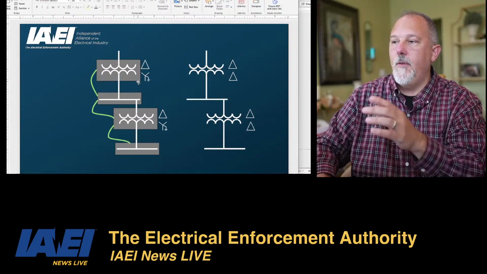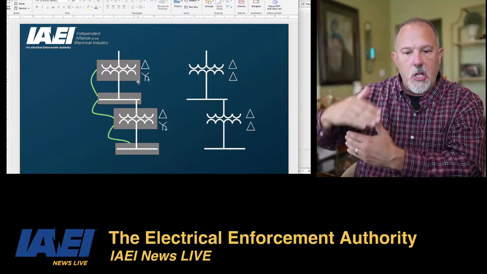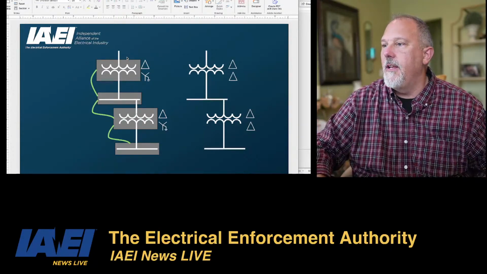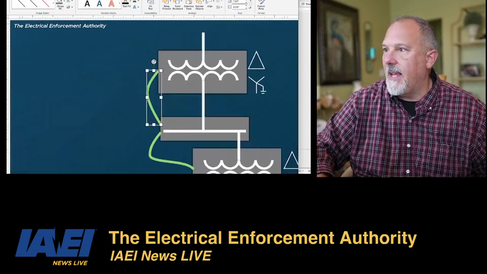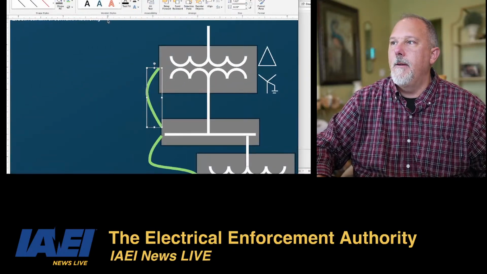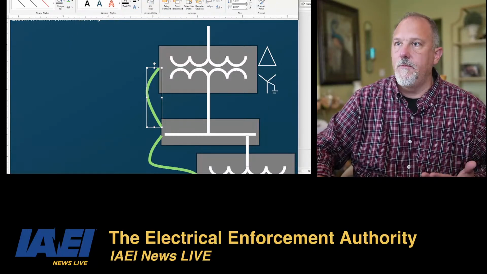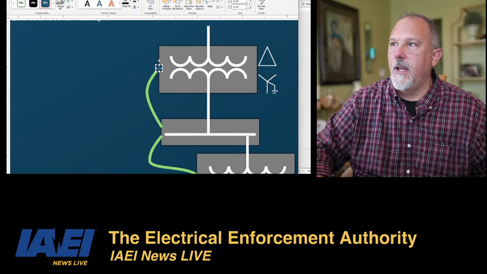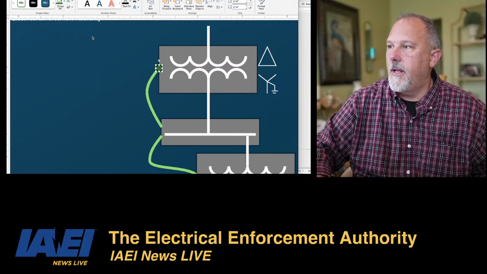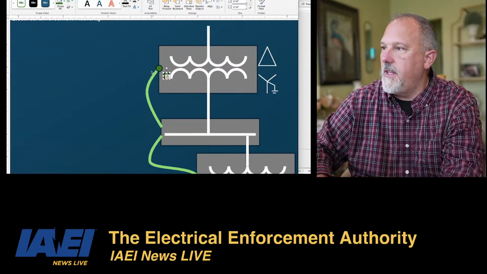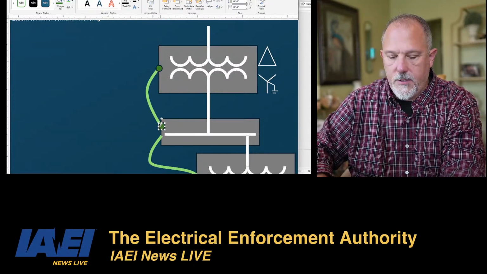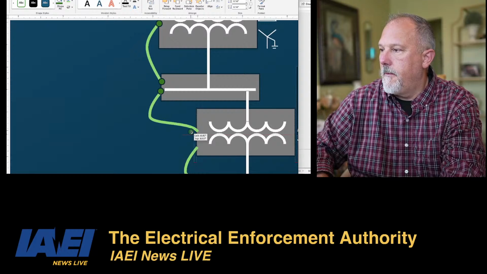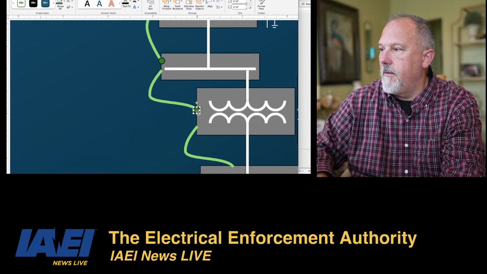All right, so all of the bonding, all of these enclosures are bonded together, regardless if it's a separately derived system or not. We can't lose sight of the fact that everything is bonded to keep everything at the same potential. All right. So I'm just going to draw a nice green dot. Control C, V. These are all connection points. These are all bonded together.